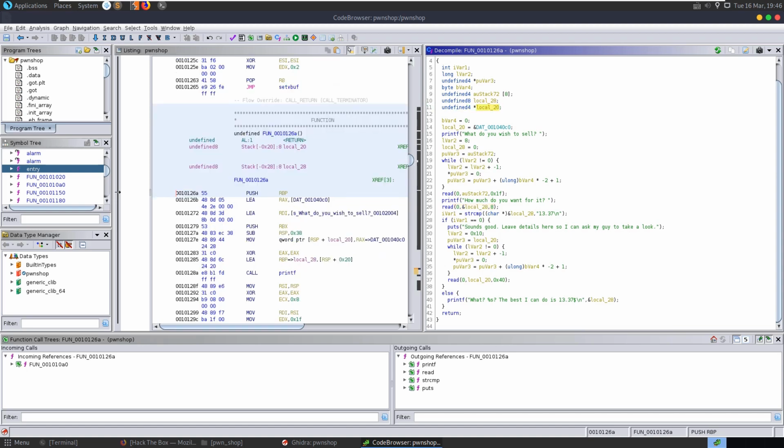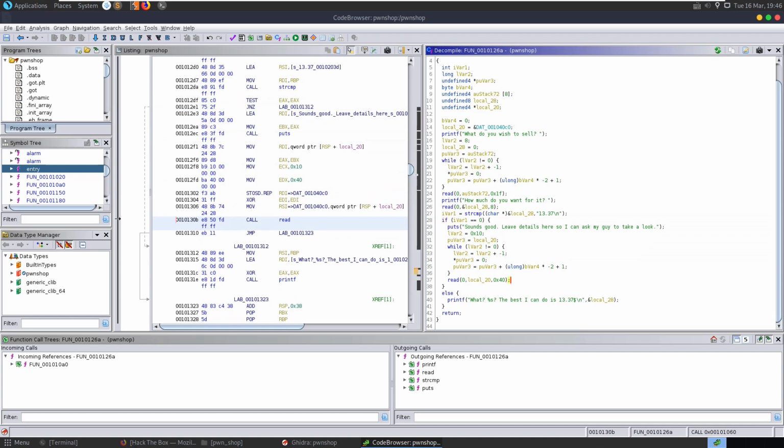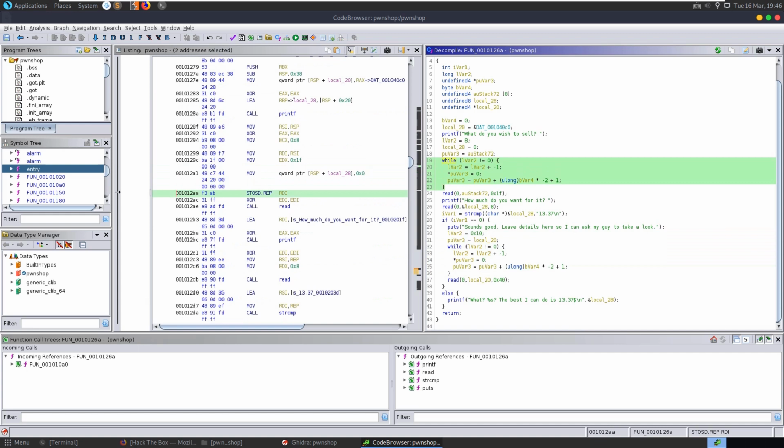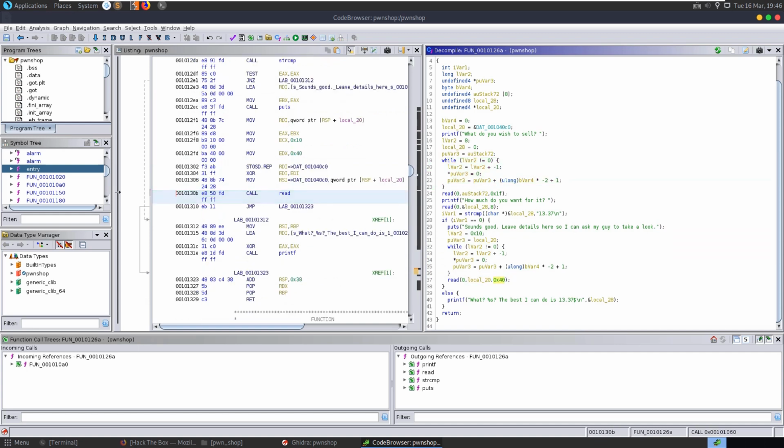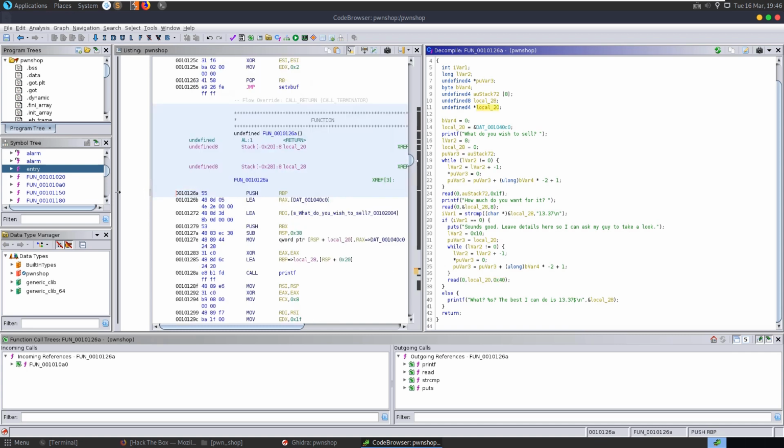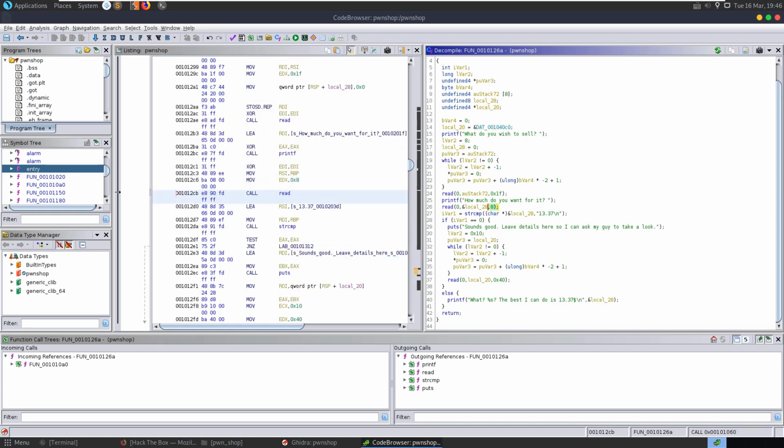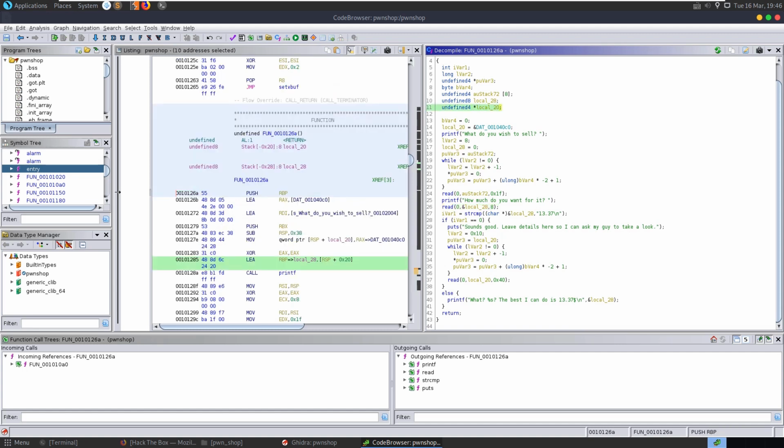So if we would have put in 1337, we have another loop kind of like we had here, and then it reads in the data from us. It reads in 64 bytes, and that's being read to local 20. So that's actually the pointer to this memory location. But the local 28, if we were to overwrite that null terminator, we can actually get into the next value on the stack, which will be this local 20, which is important because